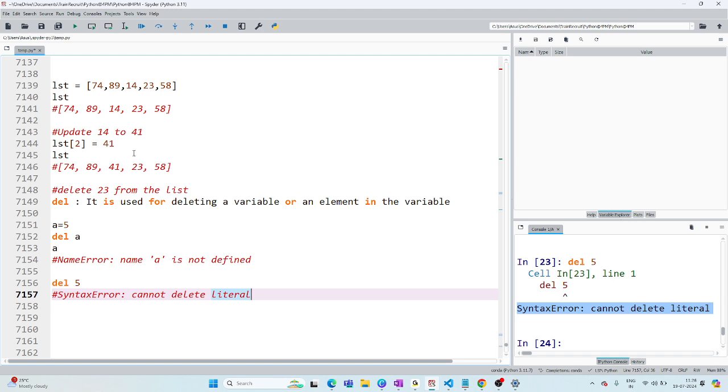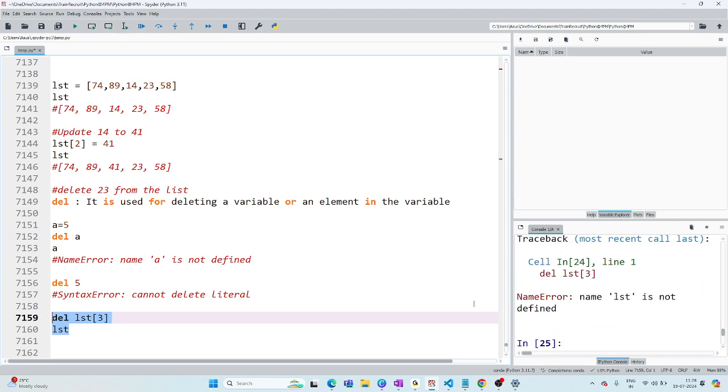Next, coming to delete 23 from the list. Del of lst of 3. Now after that, again lst. Now tell me what happened.